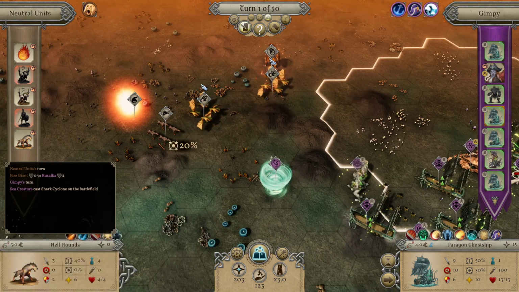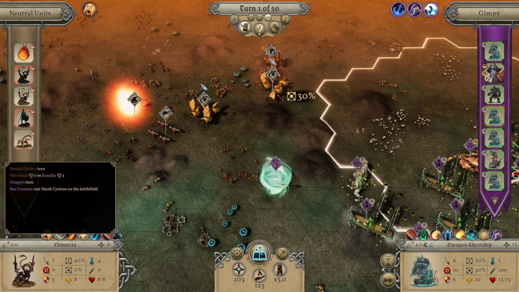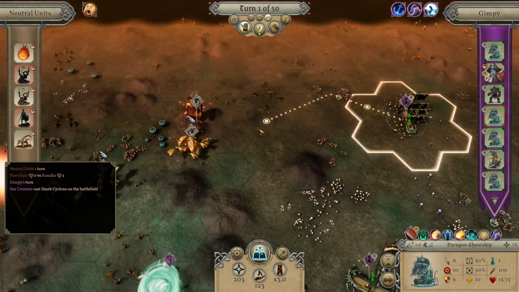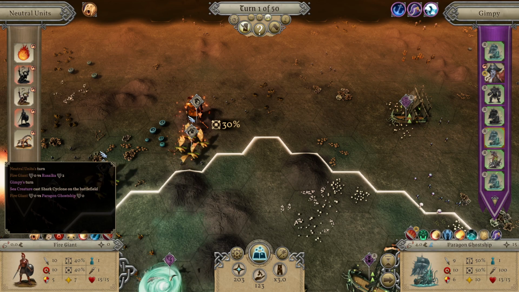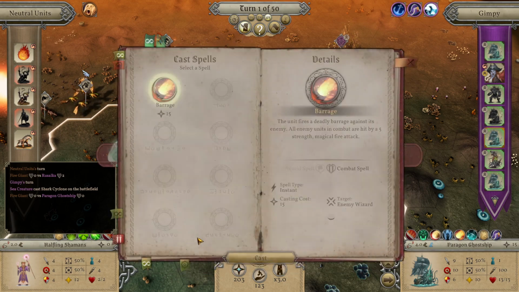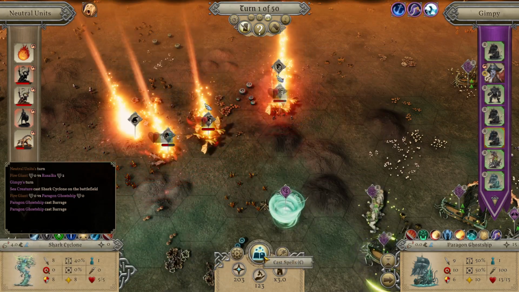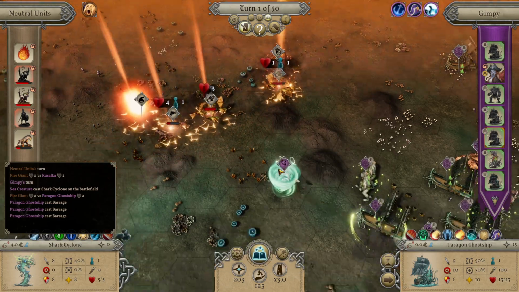Is the barrage going to help us more? I mean, the barrage doesn't affect the fire elemental. It does hit the hellhounds a little bit. I think we might be better off just focusing on the giant. Or not. Fine, let's do this. It did some damage. Oh, that...